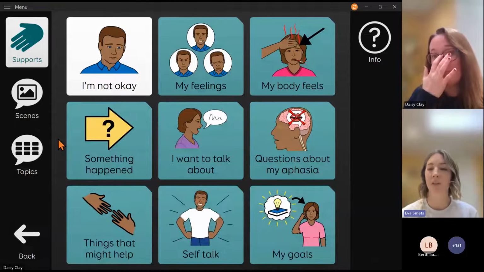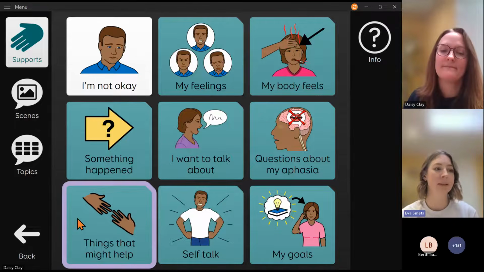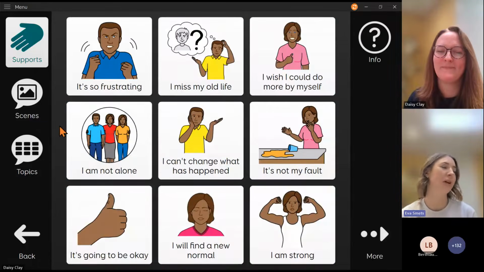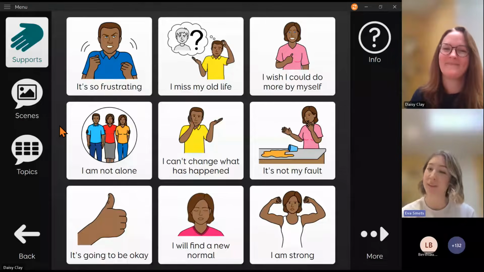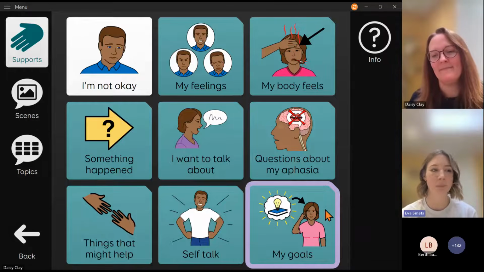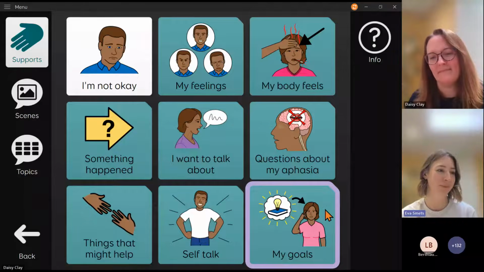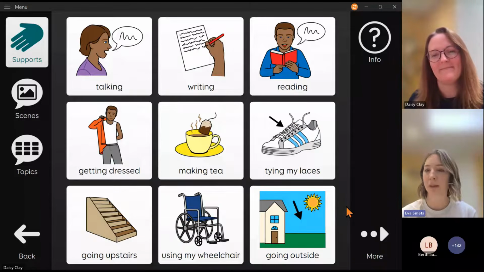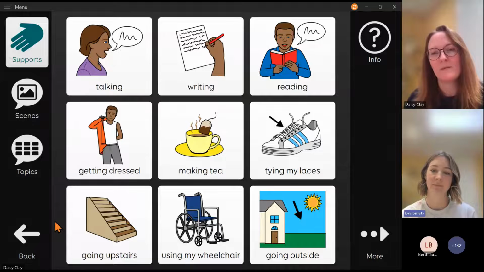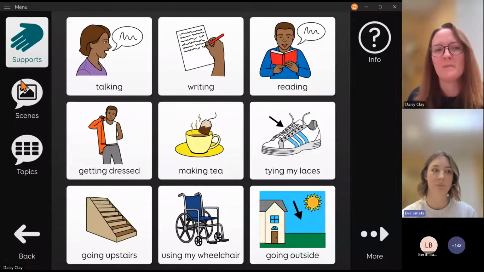We've also got some suggestions of things that might help, and some access to some positive self-talk phrases, and also phrases to just acknowledge the fact that sometimes things are difficult as well. And then finally, there's an area to support with setting goals for therapy. My goals. Which could be a nice thing to work on with your therapist as well. And again, coming out of that research, showing the positive impact of being able to say what you want to work on, and how that can actually really be helpful for recovery, rather than just that being sort of decided for you.